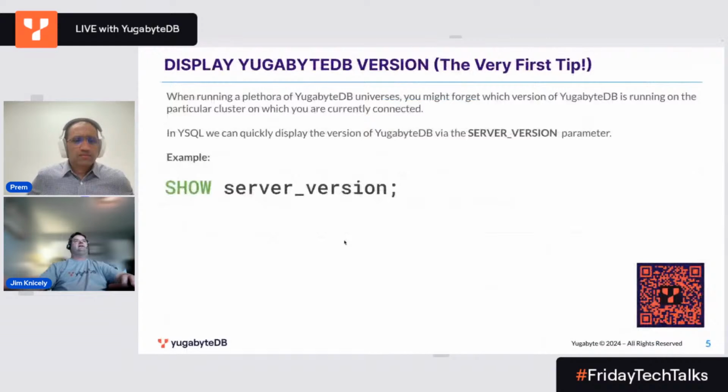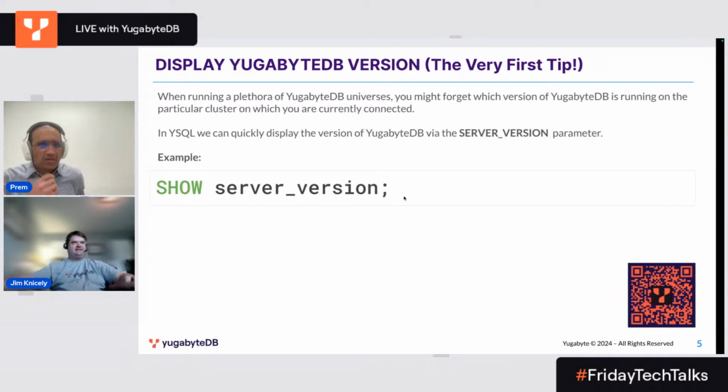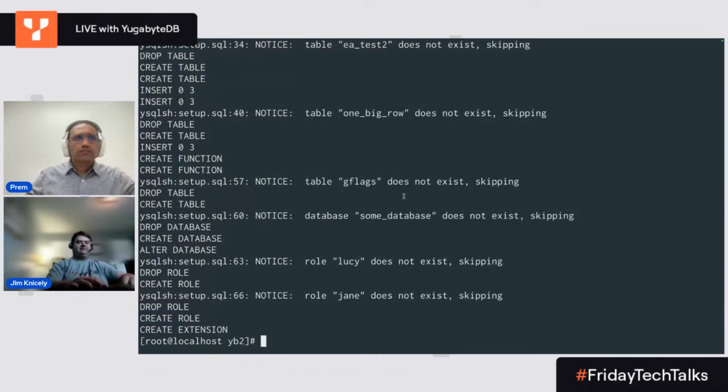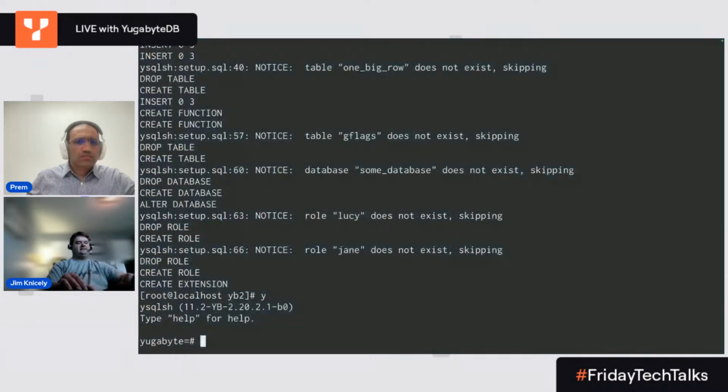While that's running, let's go to the next tip. This is actually the very first tip that I mentioned. Someone asked me what version of Yugabyte I am running, and I wasn't even sure of the answer, so I had to look it up. And then I figured there's going to be a ton of people out there who have the same kind of questions. So that's what I mean, the tips are really easy and small. So basically, it's just server_version,